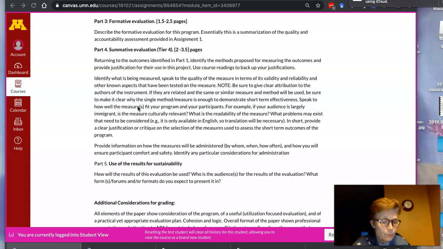Why have you chosen this measure? Why is it a good measure? Talk to me about its validity. And give me a good description of that measure. If you have a sample and you want to throw it in as an appendix, whatever. But this is where you'll be very, very clear on, this is how I'm going to be measuring the outcomes